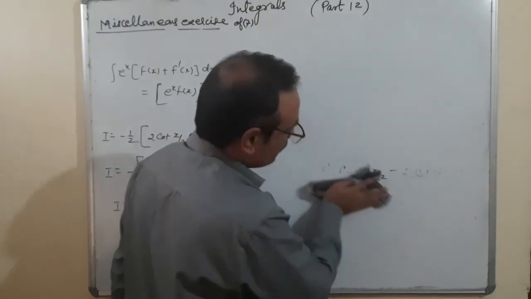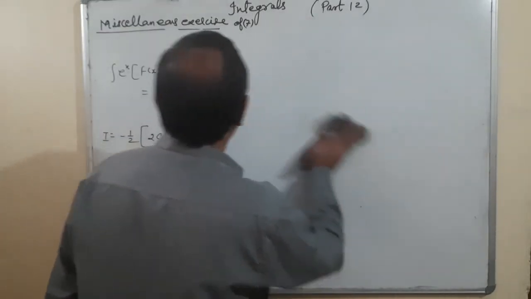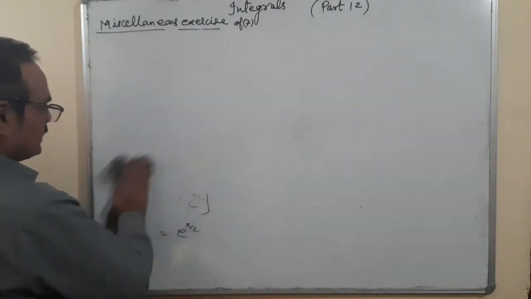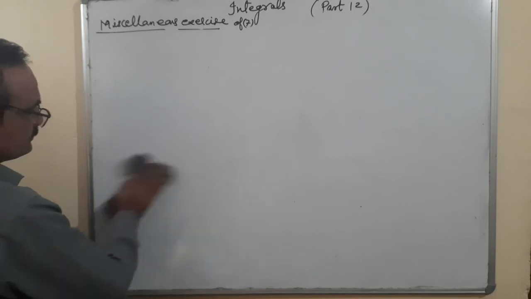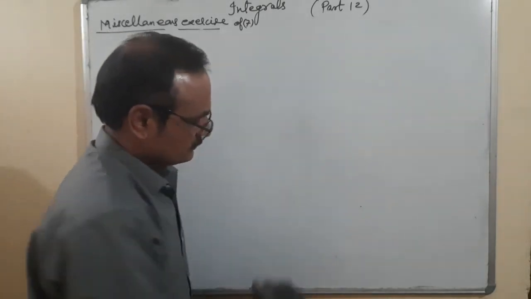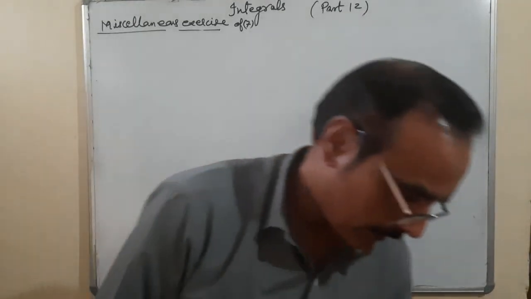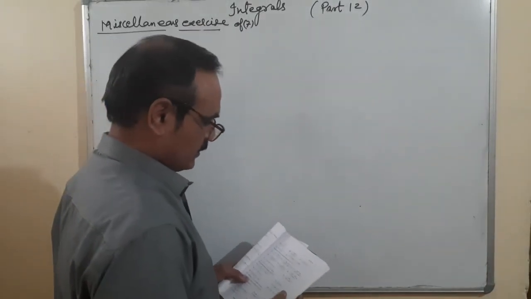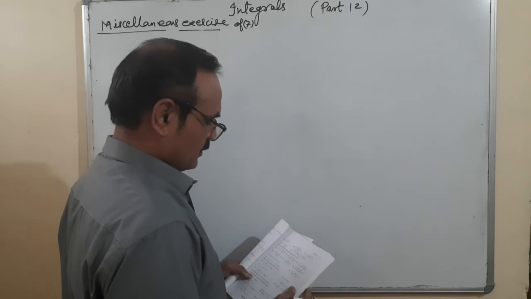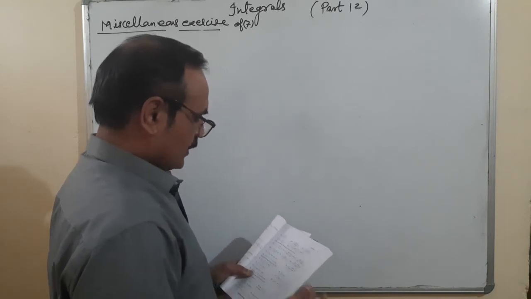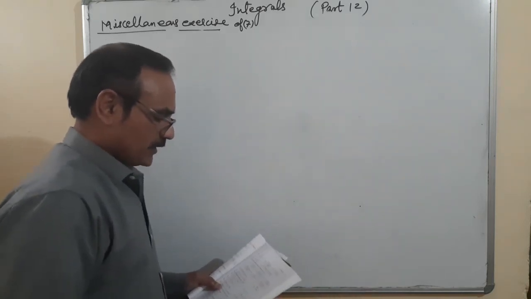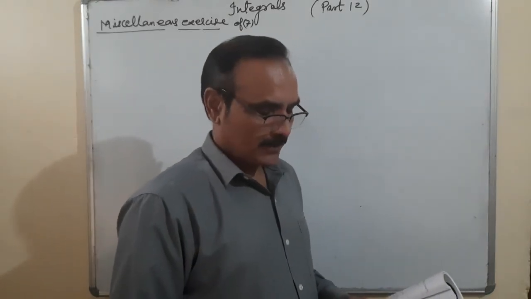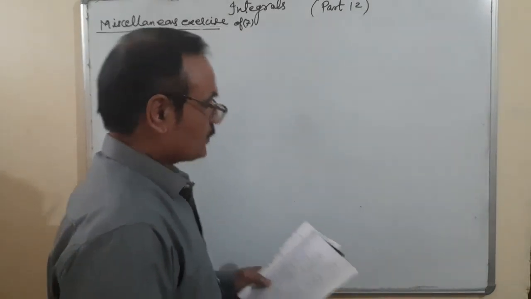After 25, we want to take a question in the form of sin x and cos x. By the way, from 25 to 31, all the questions are very interesting and important. Okay, I am taking question number 26.